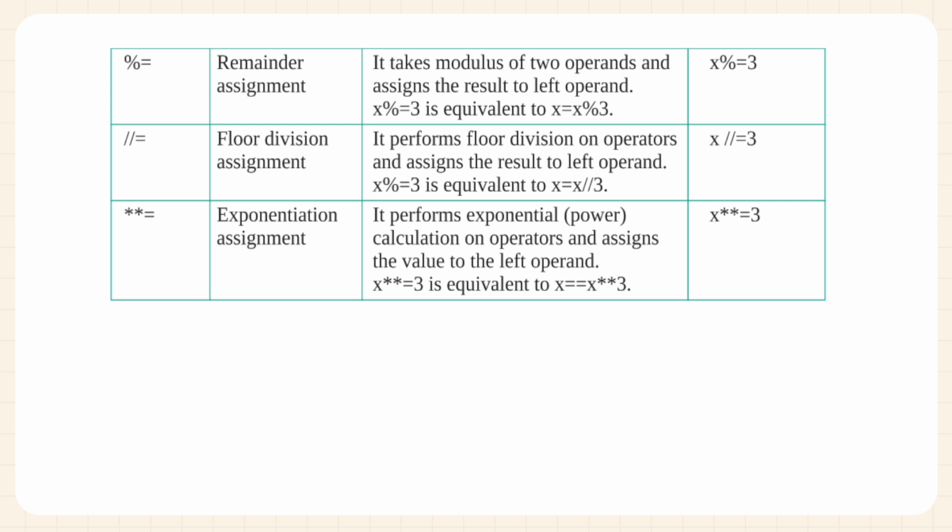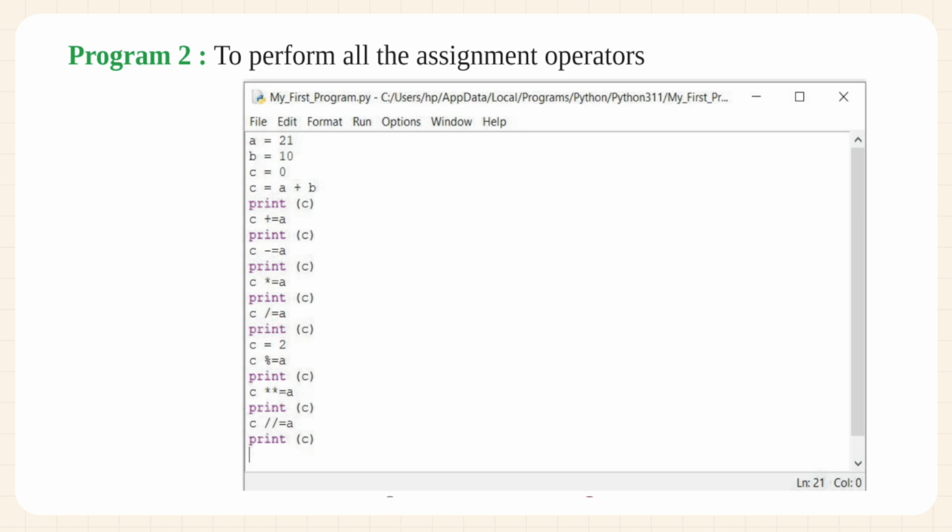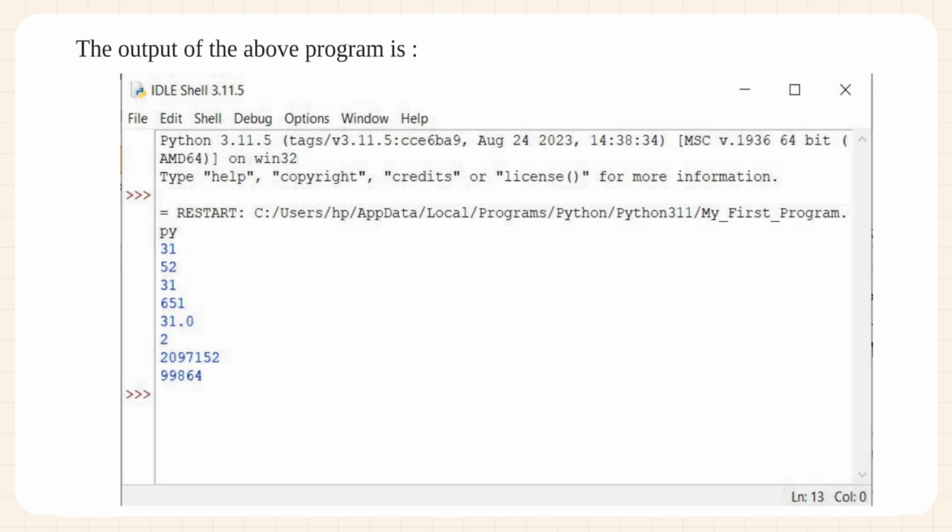Exponentiation assignment. It performs exponential power calculation on operators and assigns the value to the left operand. x **= 3 is equivalent to x = x ** 3. Program 2. To perform all the assignment operators. The output of the above program is